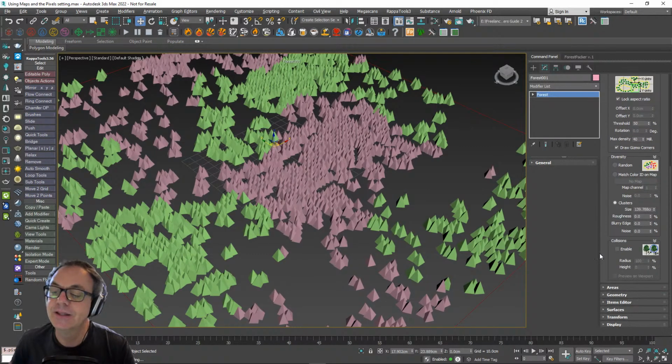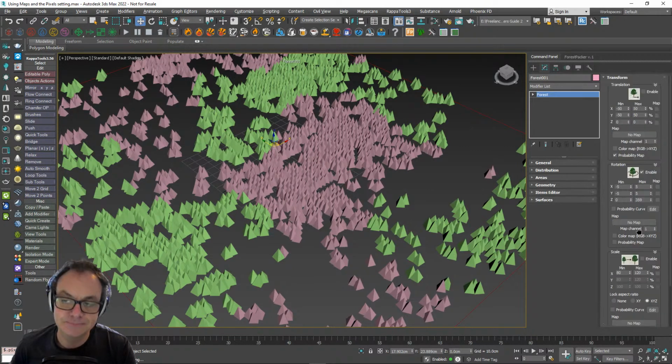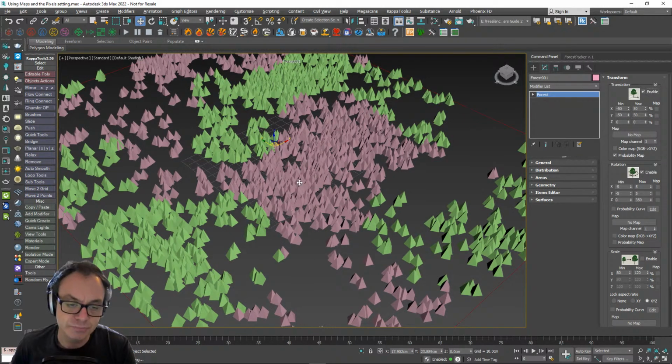And what I was saying there that no one else could see, because I'd forgotten to change the screen, was that this is obviously grid based, as all distribution maps are. So in order to break up the grid a little bit, go to the transform rollout, go to the translation section, just turn that on, and then you'll break the grid up by shuffling all the trees around a little bit. Yeah? So that was that little tip.